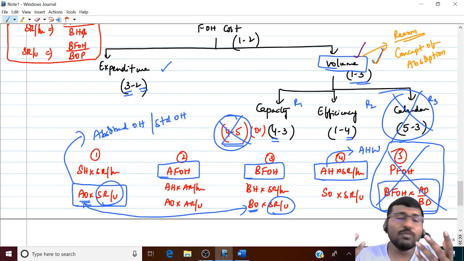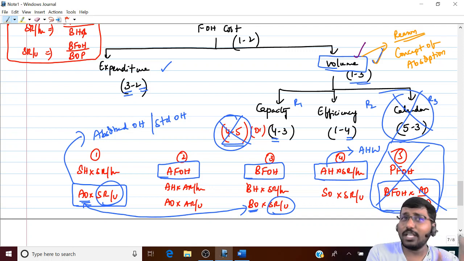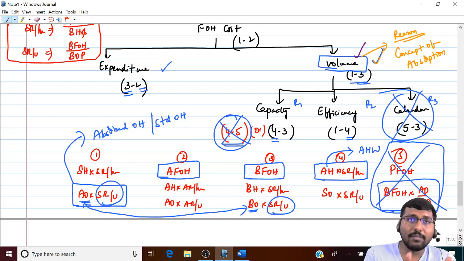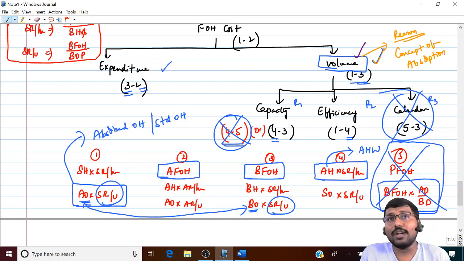But then somebody came up with a brilliant idea saying that if you completely go with budgets, then the chances of variation between budget and actuals will be even higher. Rather, you calculate the rate and you multiply that with actual output. Thereby, the number that you are observing in your costing P&L account will be a lot nearer to your actual overheads. Thereby, the variance will be much less, and that's a better way of doing business. You see the concept behind creation of absorbed overheads?